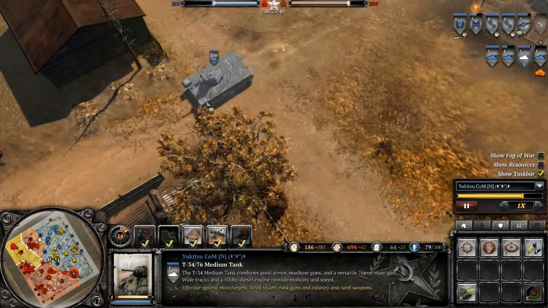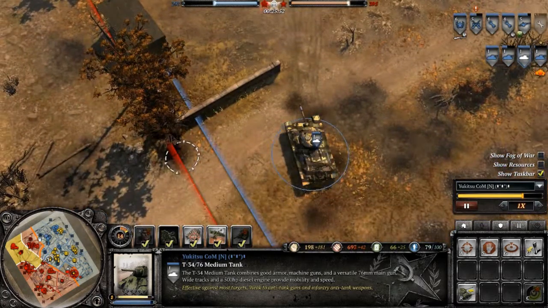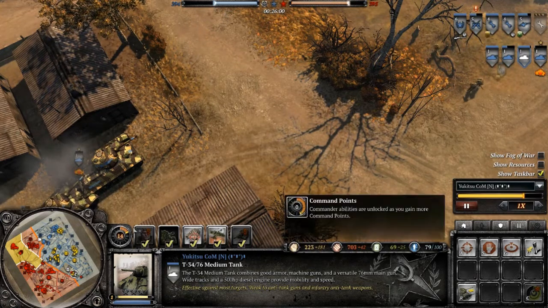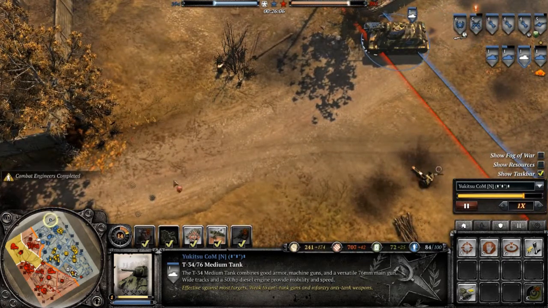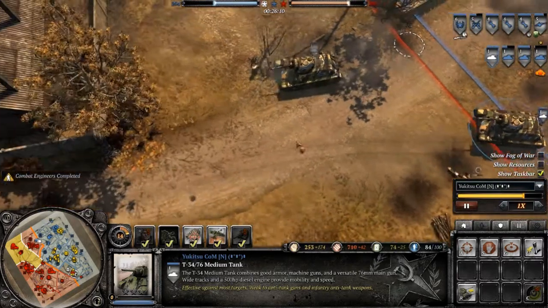You know, I end up waiting until this one gets in so that I can sort of use it to cover the retreat of this one. That's basically what I'm doing: as T-34s move in, I use other units to cover the retreats. So T-34s just keep covering for T-34s and so on and so forth until I'm in the clear. Now this one, I'm moving up here,